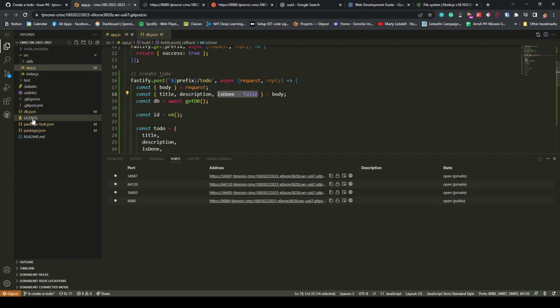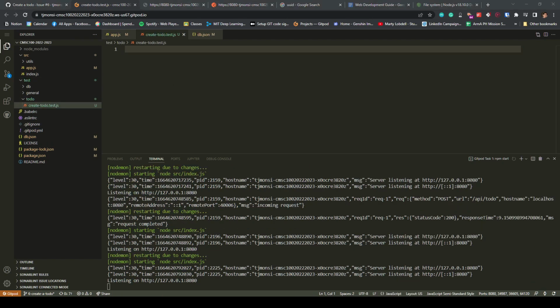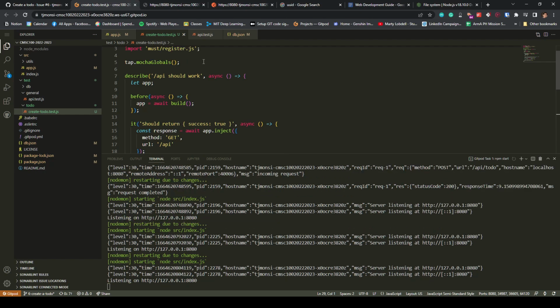So given that we have created some form of ability to create the to do, we will have to have a test. So for the test, we want to have, let's say, create-todo.test.js. For this one, again, best to just copy the API test, but instead of having this one,